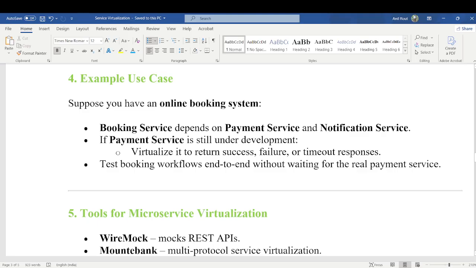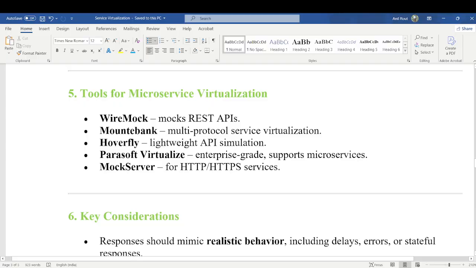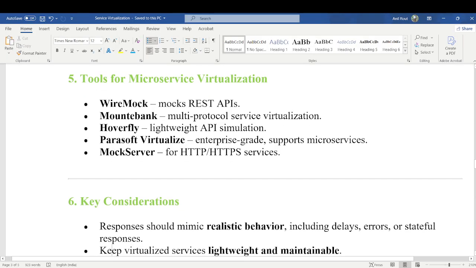Because you can just use those virtual services and write the end-to-end tests. Understood? Tools for microservice virtualization: WireMock, mocks for REST APIs, Mountebank, multi-protocol service virtualization,